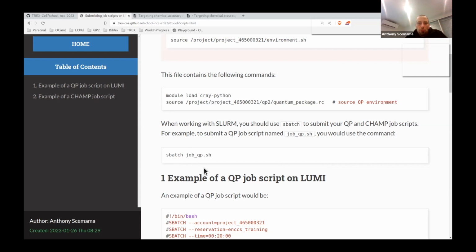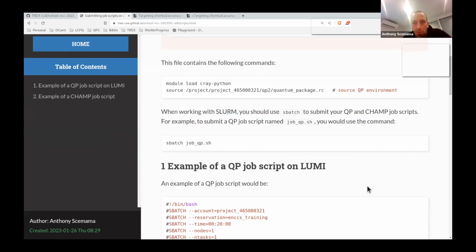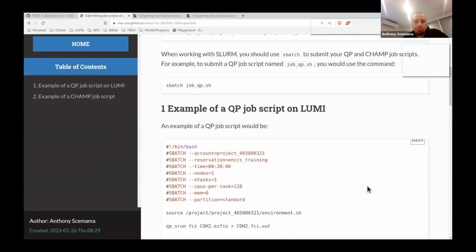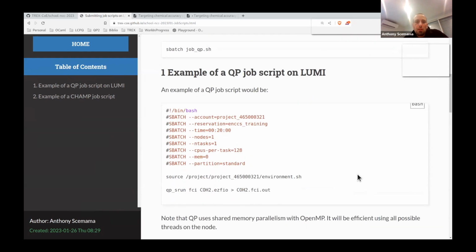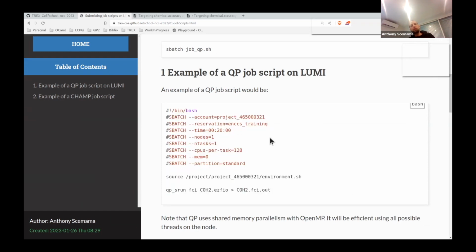If you want to know more about how to use this, you can look at the documentation of LUMI, or you can search for Slurm on the web, and you will get lots of information about how to use the Slurm queuing system. Here you can copy and paste this. This will be an example of a script to run quantum package.